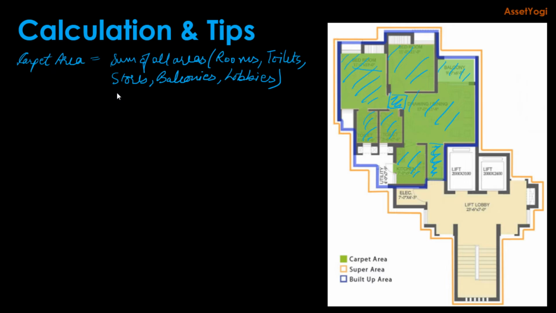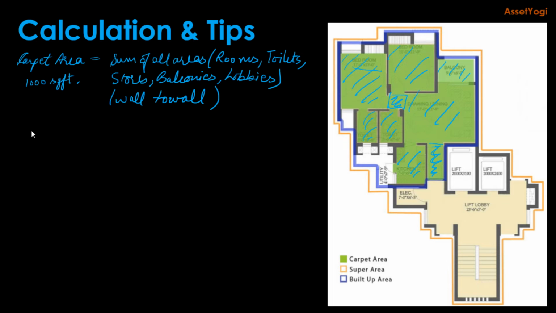But please remember that you have to measure the dimensions from wall to wall. So you have to measure wall to wall because these external and internal walls are not included in carpet area. And then you should also make sure that you don't include areas of any utility ducts or shafts and any recesses for windows or doors. So let's say that you measure your carpet area as 1000 square feet.